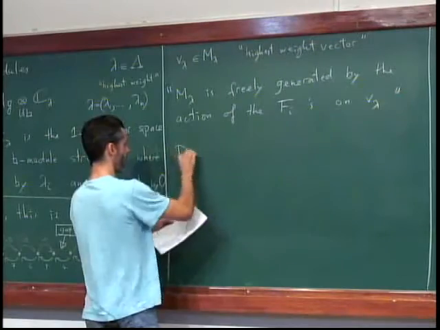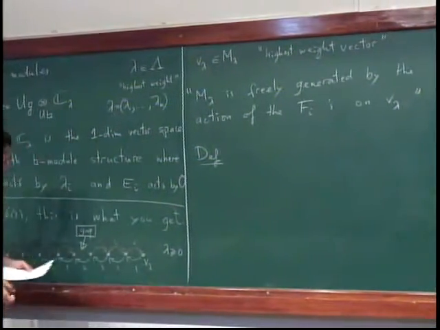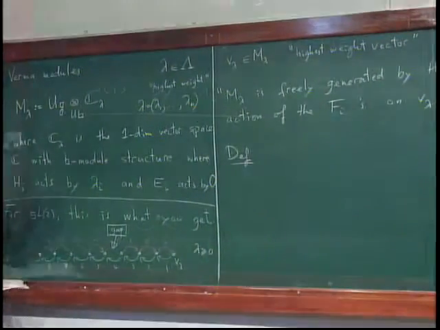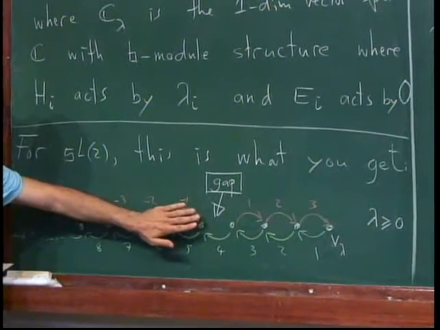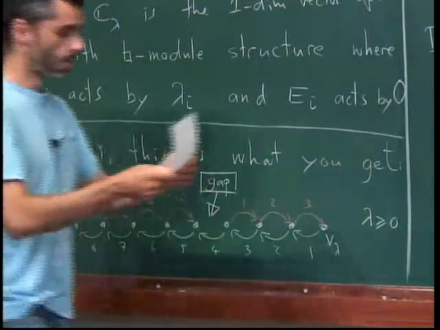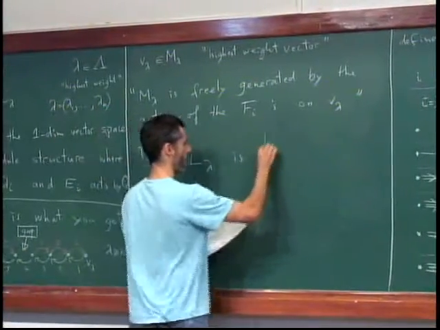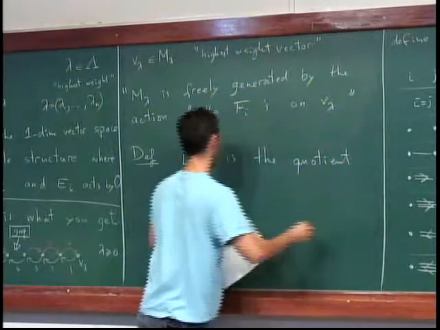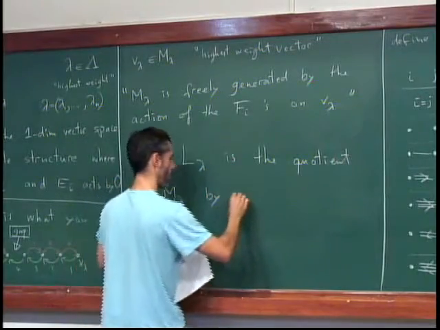So then, if you have M lambda, you can define a quotient of M lambda, of the Verma module, by everything that you want to mod out by. So in this particular picture, you mod out everything that's here, that's a submodule, subrepresentation, and you're left with the thing you want. So L lambda is the quotient of M lambda by